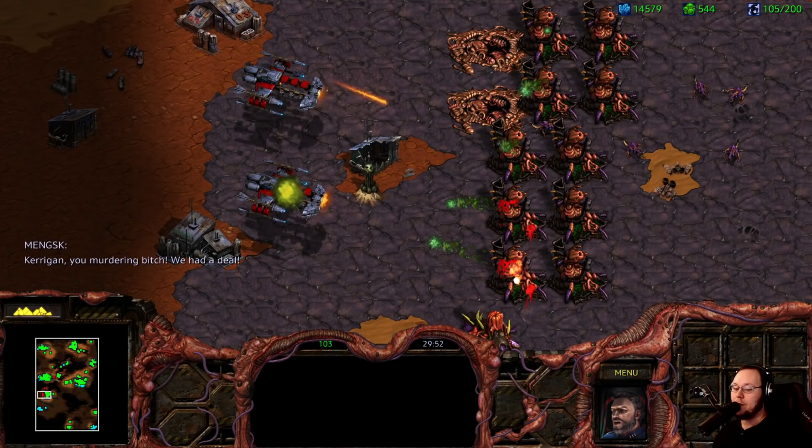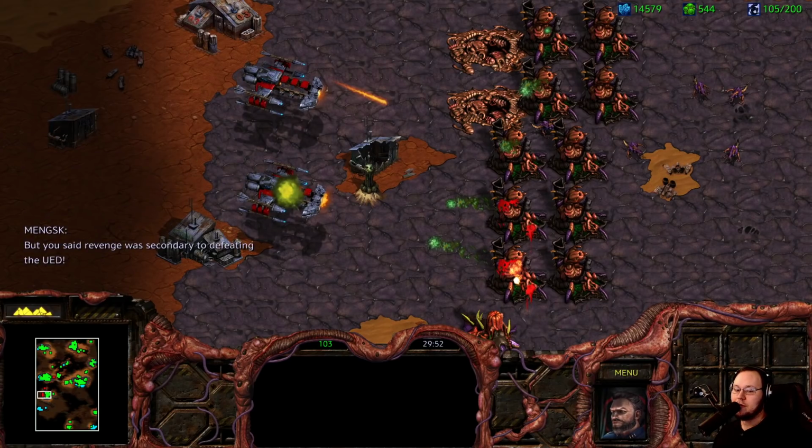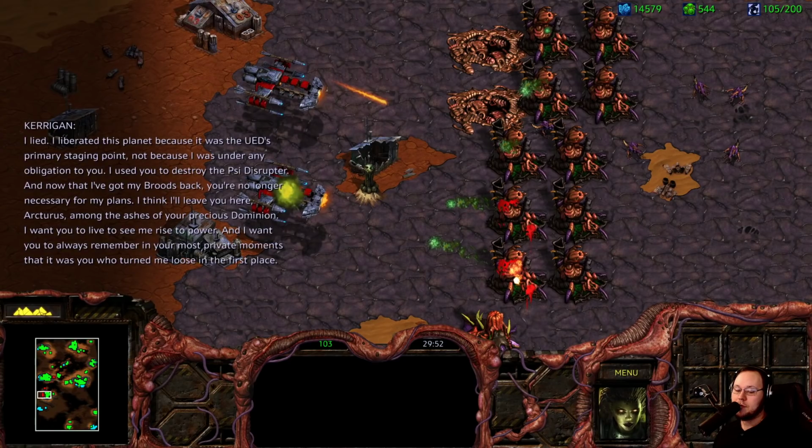We had a deal. Oh, come on, Arcturus. Did you really think I'd allow you to come into power again? You practically fed me to the Zerg on Tarsonis. You're directly responsible for the hell I've been through. Did you honestly think I'd let you get away with that? But you said revenge was secondary to defeating the UED. I lied. I liberated this planet because it was the UED's primary staging point, not because I was under any obligation to you. I used you to destroy the Psi Disruptor. And now that I've got my broods back...